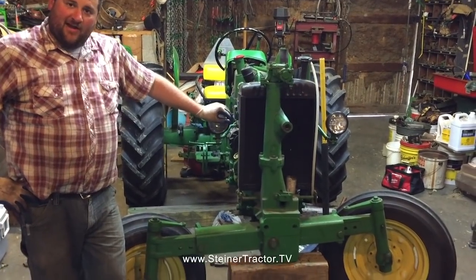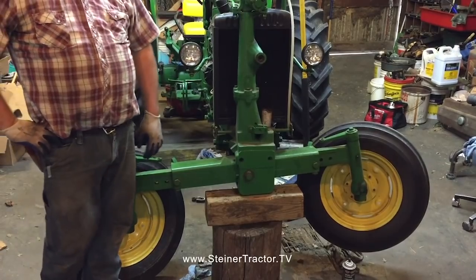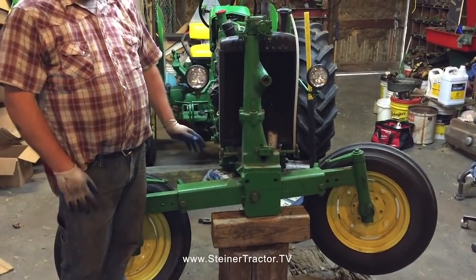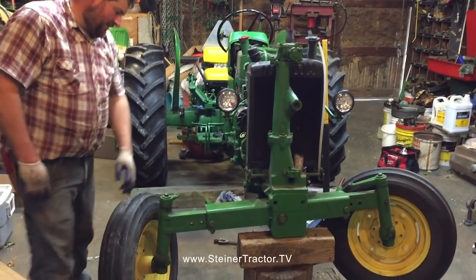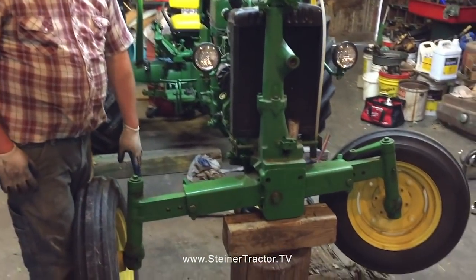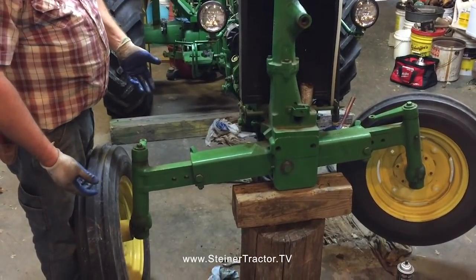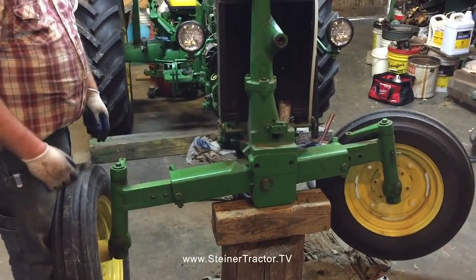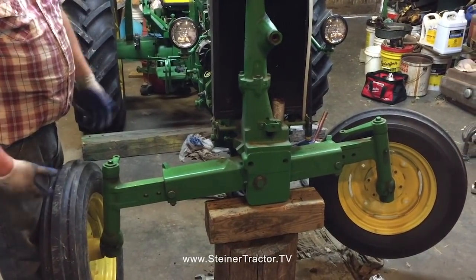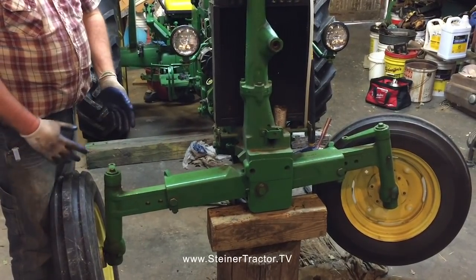So as you can see, we've got our axles back in the main axle housing. It's not a very easy job to do by yourself. Once again, seek help from a buddy. The one thing you want to do is figure out which axle is in the front and which is in the back. Not that it probably makes a whole lot of difference at the end of the day, because your tie rod length is still going to be more or less equal. Your adjustment procedure is still going to be the same,